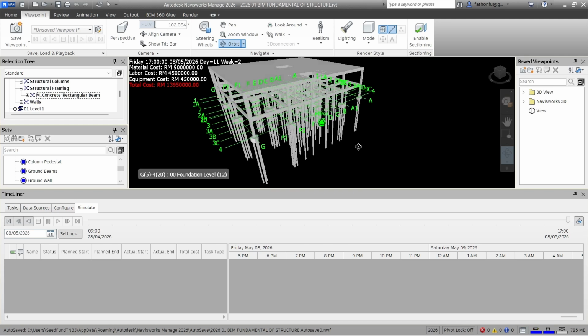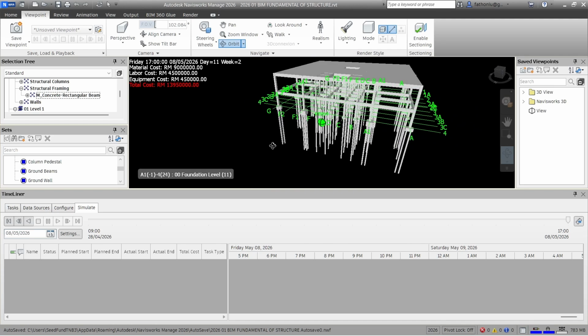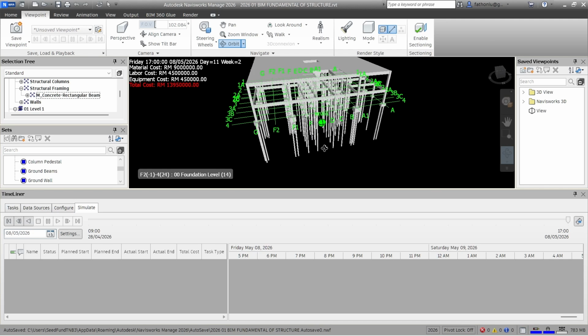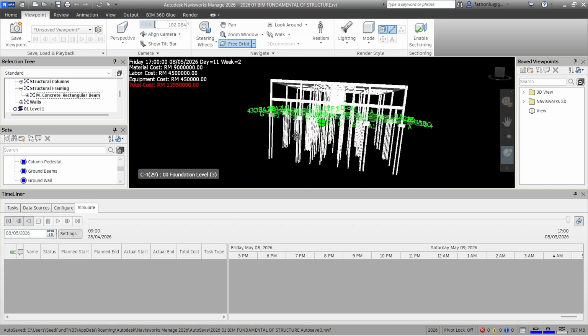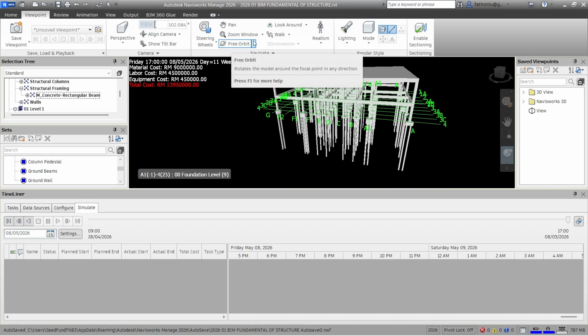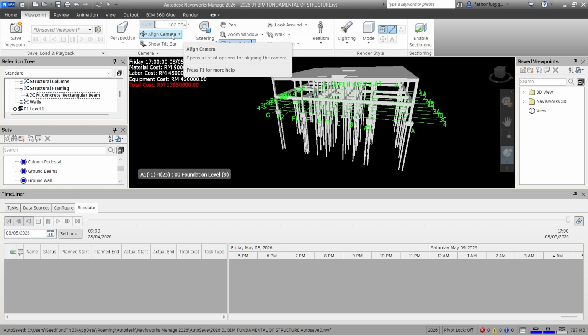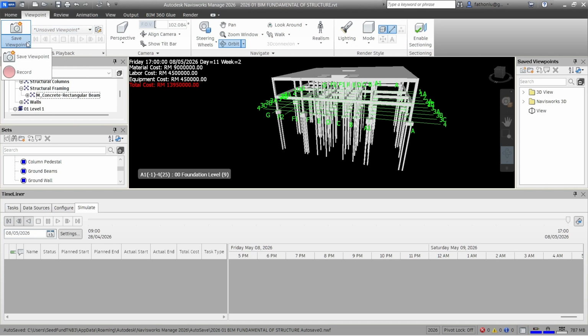The viewpoint, the green balloon there. I want to see the orbit. Okay, anyway, it's supposed to be I can place the